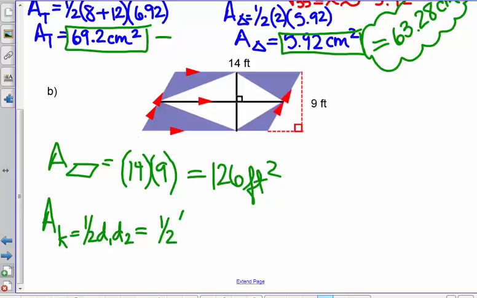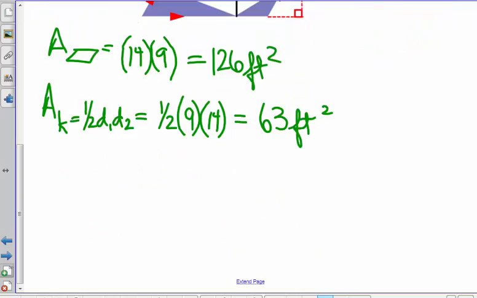So 1/2 times diagonal 1, 9 feet, times diagonal 2. This is parallel to the top, so it's all the same measure. Which is going to equal 63 feet squared. 126, area of the parallelogram minus